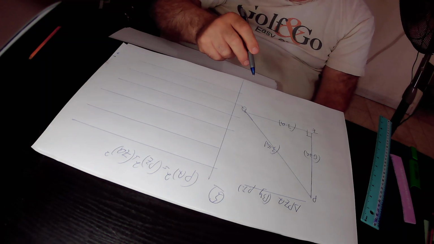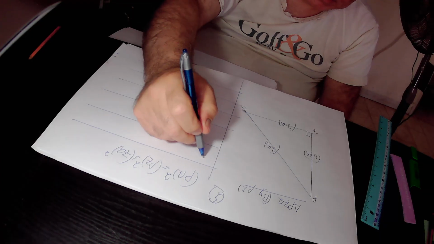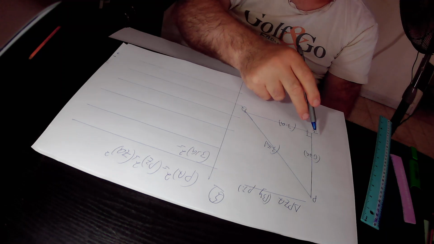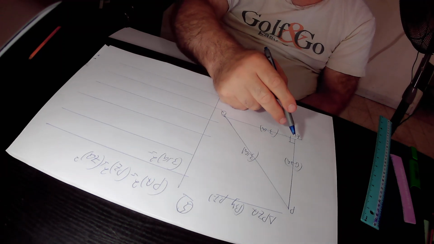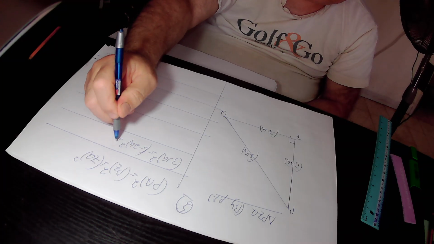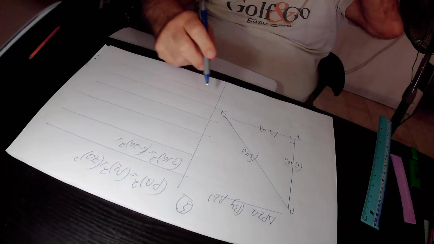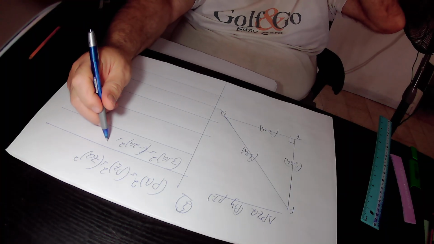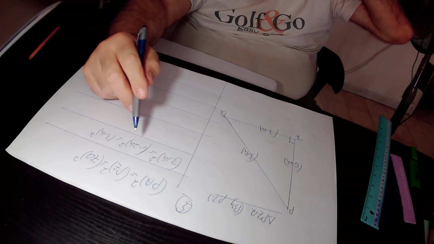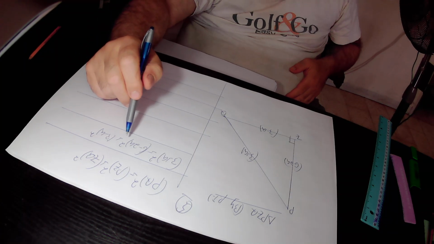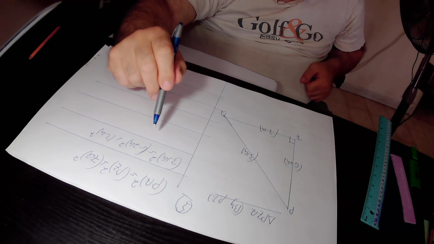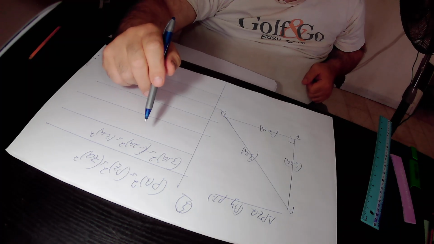PQ is 3 plus A, therefore PQ square is (3 plus A) squared, and it equals PZ square. PZ is 6 minus 2A, therefore PZ square is (6 minus 2A) squared, plus ZQ square. ZQ is 3 minus A, therefore ZQ square is (3 minus A) squared. So in conclusion, I found out that (3 plus A) squared equals (6 minus 2A) squared plus (3 minus A) squared. We'll open the brackets on both sides of the equation, and we get that (3 plus A) squared